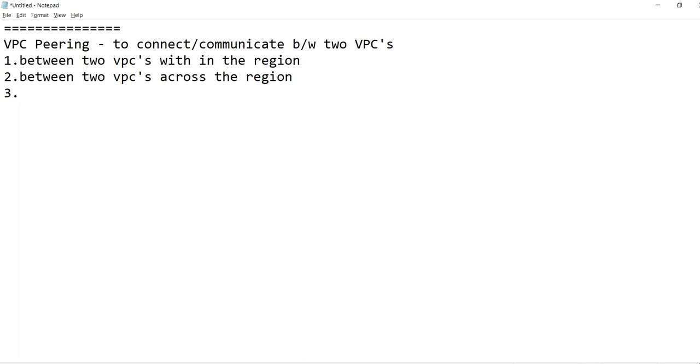The third scenario is between two VPCs across the accounts. So these are the scenarios where we need to establish the communication between the VPCs, and we need to test it by creating servers in those VPCs.